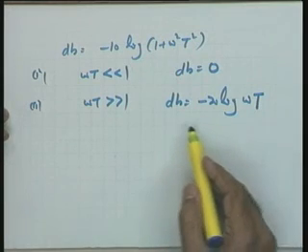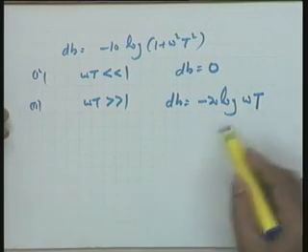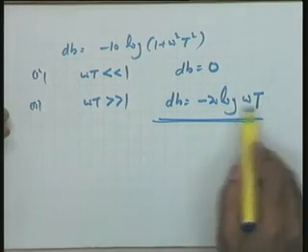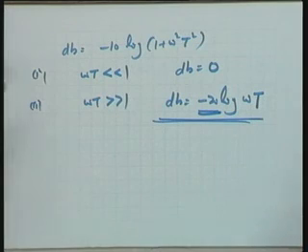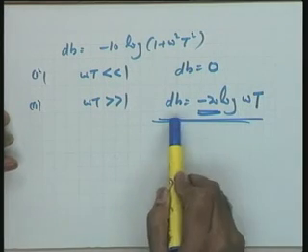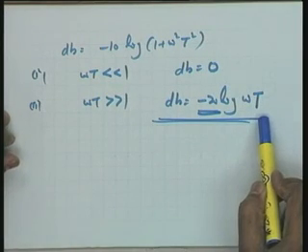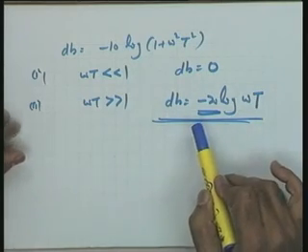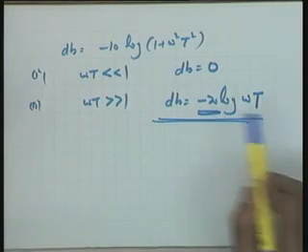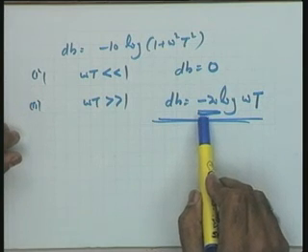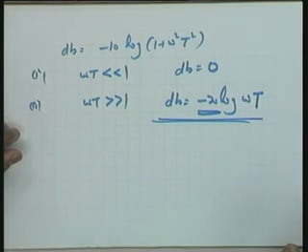So, you see that for omega T greater than 1, this is a straight line. For various values of omega, if I take omega versus omega T, this is a straight line of minus 20 dB per decade for the frequencies under consideration. And what will happen at omega T equal to 1? At omega T equal to 1, it passes through dB equal to 0. So, this equation passes through the 0 dB line if I extend it to omega T equal to 1, but otherwise in the large frequency range it is a slope of minus 20 dB per decade of frequencies.